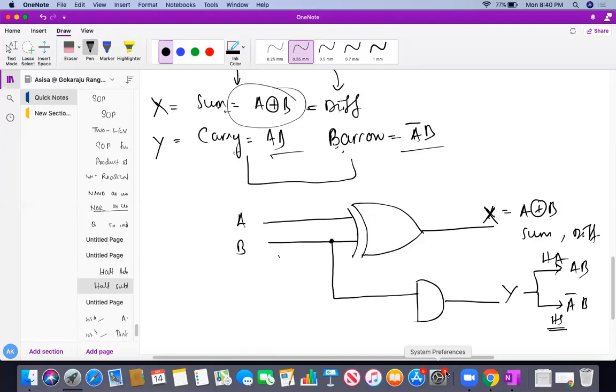So now, what do I have to make as a controlling element so that it will give AB and A bar B? That I want to tell you now. Please see here. From A, I just took a jumper and connected it to an XOR gate here. The other input of the XOR gate I have given to the control input.